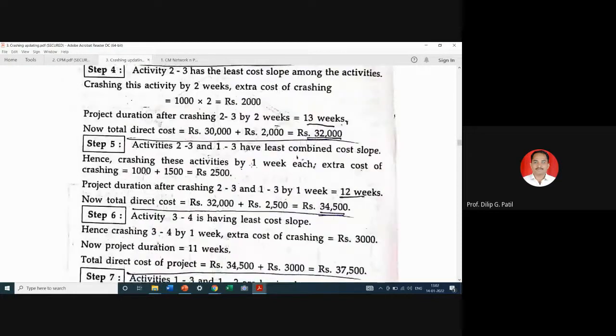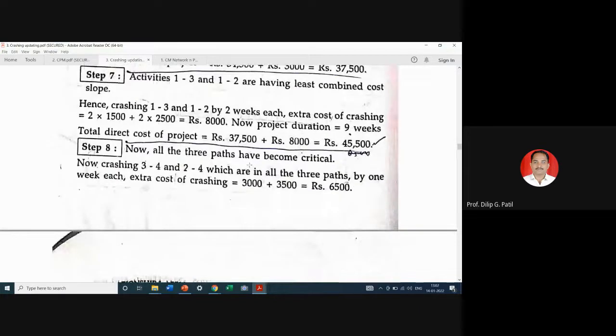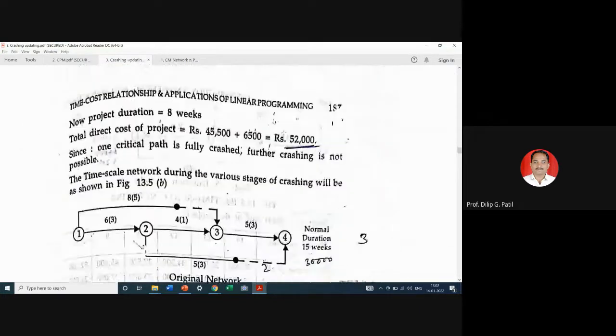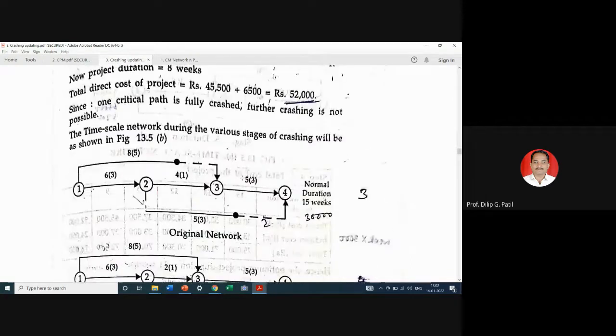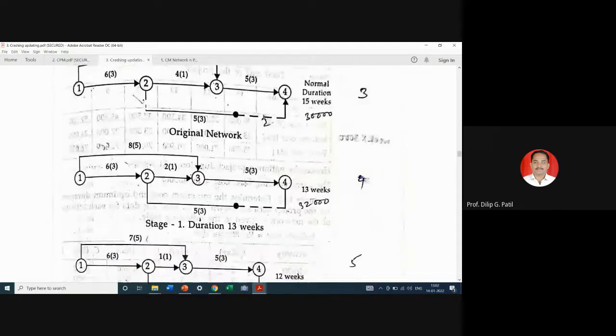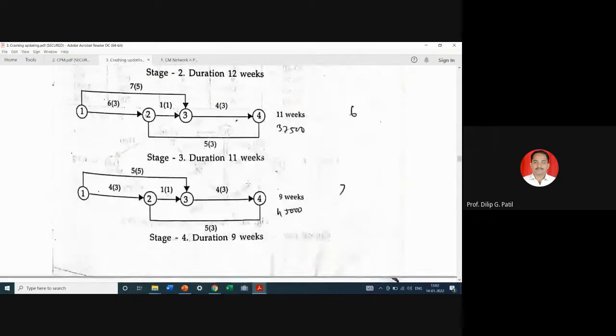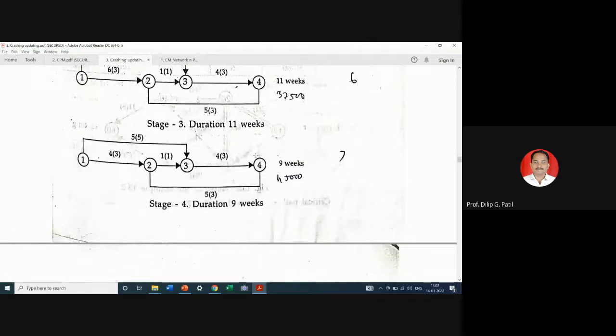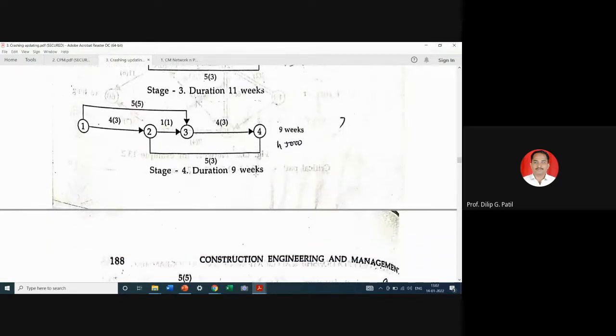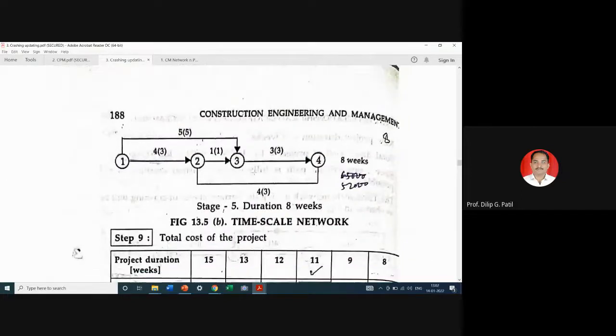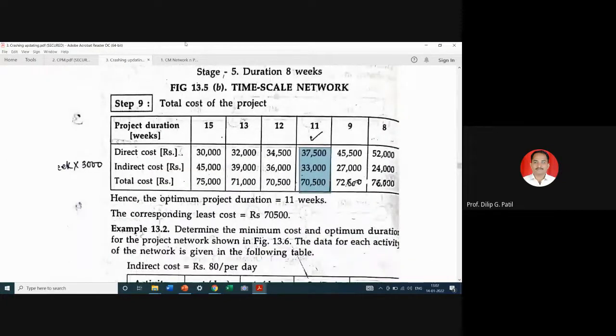So I think you must have understood this numerical or step-by-step crashing: which activities to crash and for how much duration, how to calculate direct cost, indirect cost, and total project cost, and accordingly you have to plot this curve, and from that you can decide the optimum project duration and corresponding least cost. Or before that, you have to identify the least cost and corresponding duration. We call it